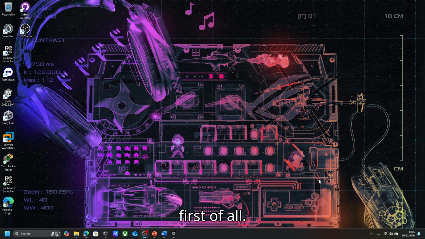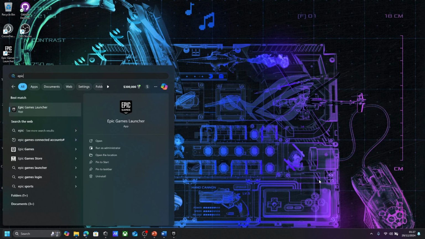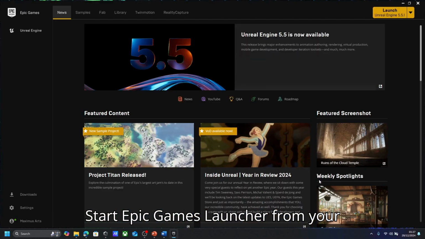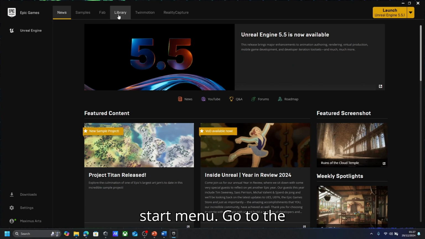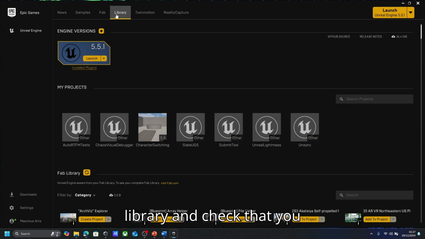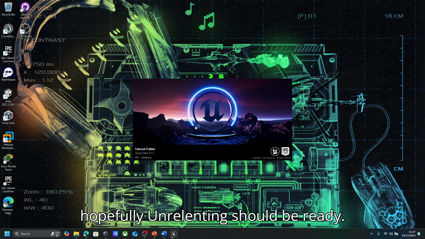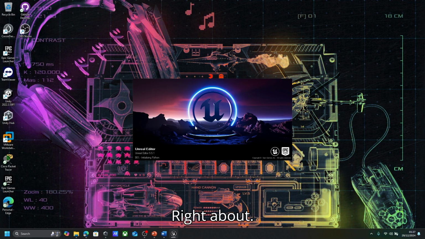So, first of all, start Epic Games Launcher from your Start menu. Go to the library and check that you have Unreal Engine 5.5.1 installed. We are going to launch this 5.5.1 version of the Unreal Engine. There are two launch buttons, one in the top right corner and one right over here. We just click on launch and hopefully Unreal Engine should be ready right about